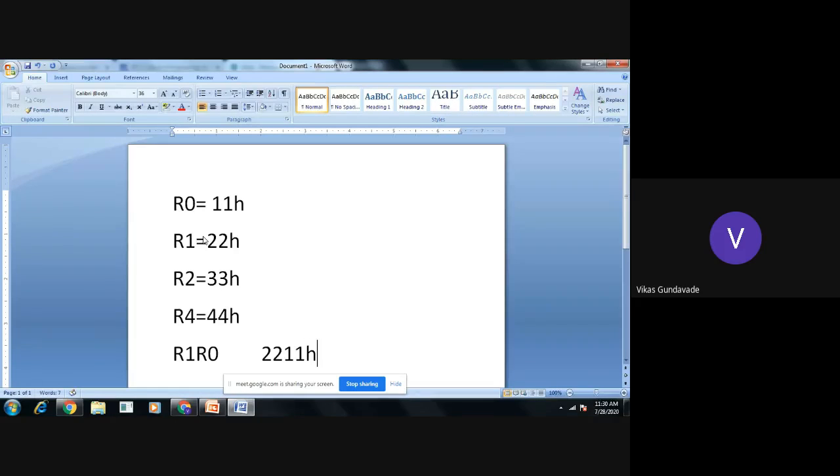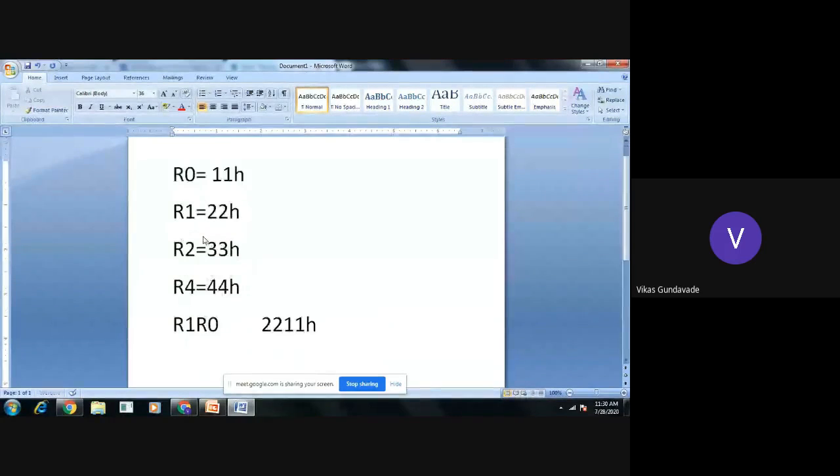So the number will be 2211H, that is one 16-bit number, and another number, here we will make it as R3, so that it will be convenient for us, R3, R2. So here the number will be 4433H. These are two 16-bit numbers. One will be 2211H, another one will be 4433H. Are you getting?